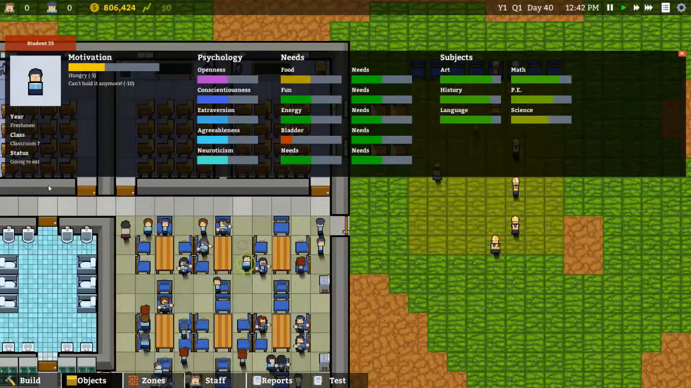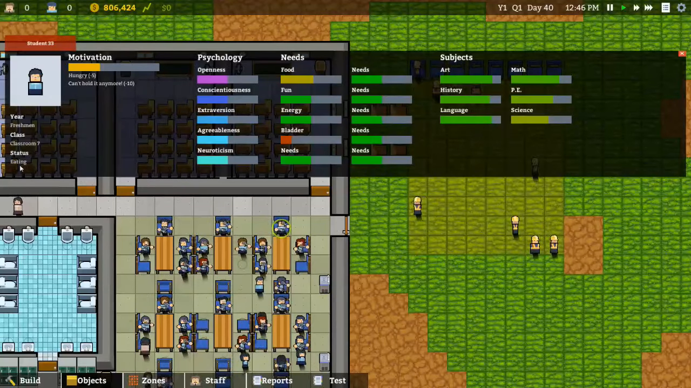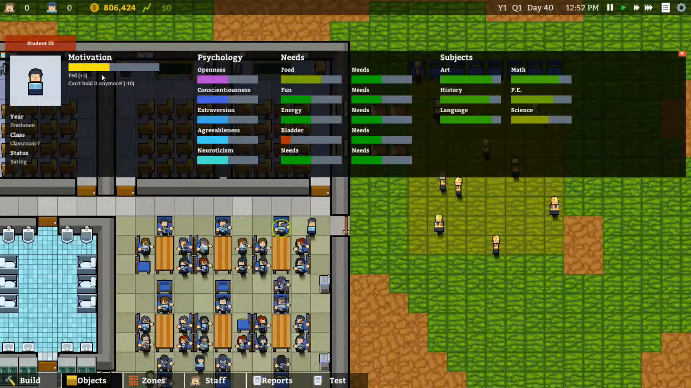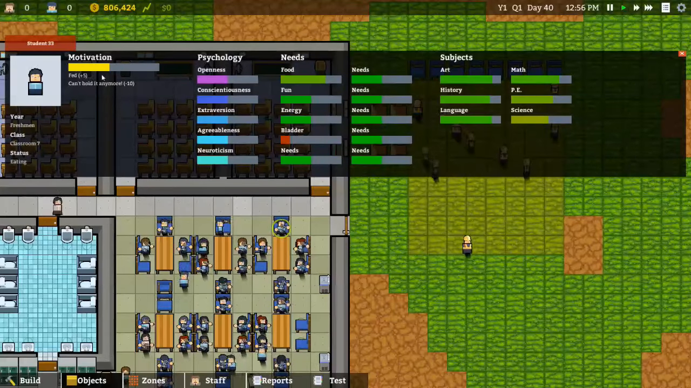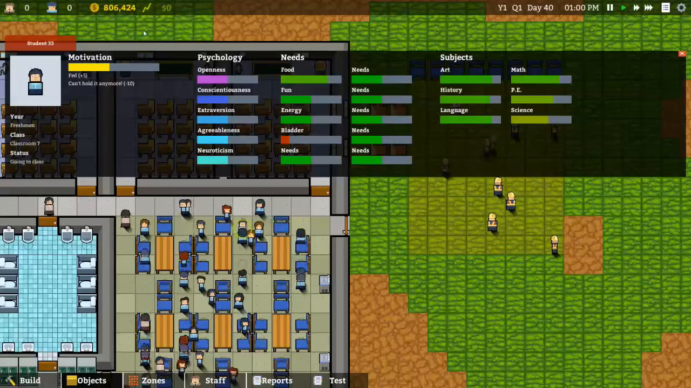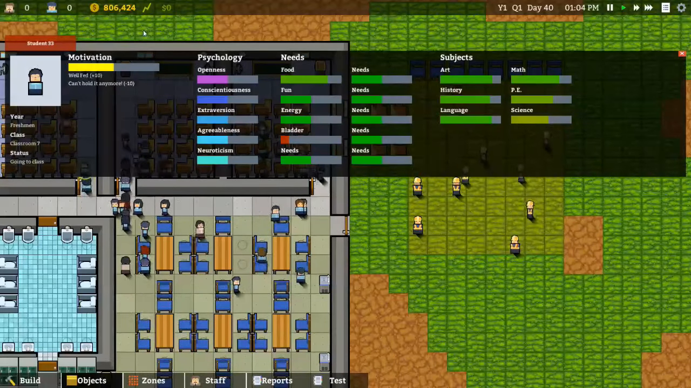like what they're currently doing. So right now the student is eating. Over here is the student's motivation. Now, student motivation will be a very important mechanic to watch out for, as this affects the overall capability of a student to learn. The student's motivation is affected by a variety of things, which manifest themselves as thoughts, which